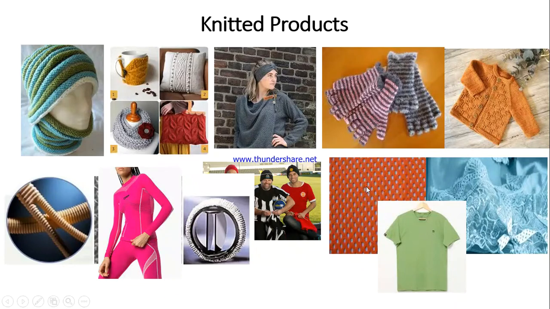And here you can see this is a typical type of mesh structure, that is the warp knitted structure. This type of structure is very popular in filtration technology, and this type of structure, that is a very fine cloth, you can see as a sofa cover in your house. And this is a simple t-shirt, which we are very comfortable to use as a casual wear or leisure time. So these are all various kinds of knitted products, including the garments, various decorative materials, technical textiles, and